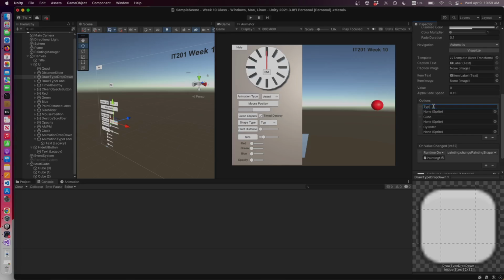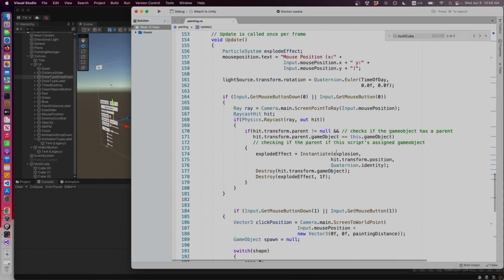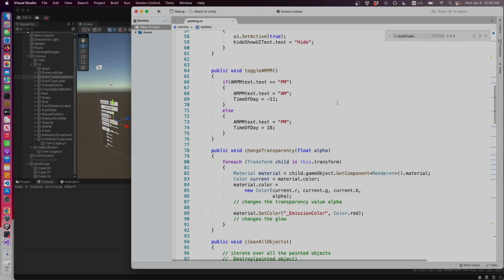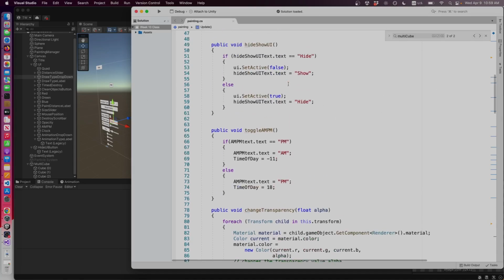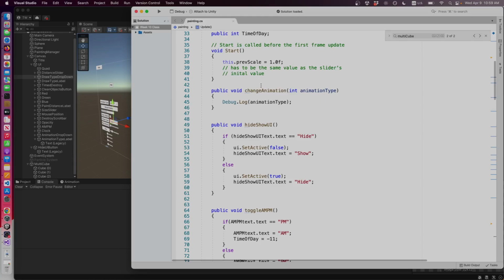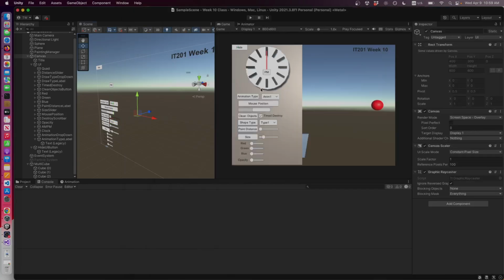Or let's just make it more generic: type 1, type 2, and type 3. Okay, save. Now let's go back to the code that we started with for the animation type. So the idea is, we're going to go over all these